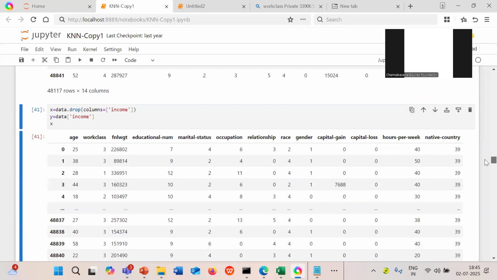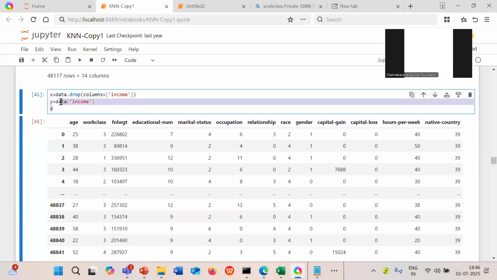So what I'm doing here, I'm going to drop the column income. You can see here, I'm adding the syntax data.drop(columns='income'). So whatever the column income, that will be deleted. Drop is used to delete the particular column, and this will be stored into the variable called X. That is nothing but my input.